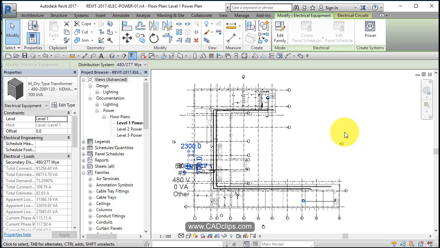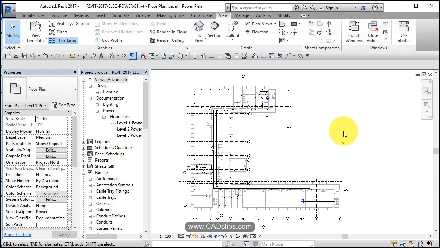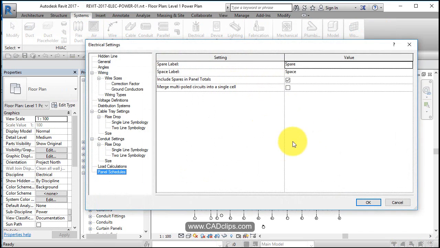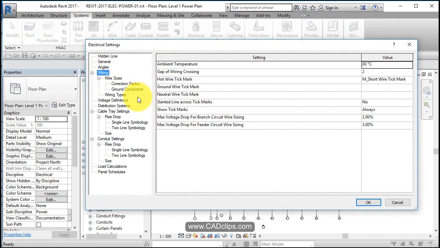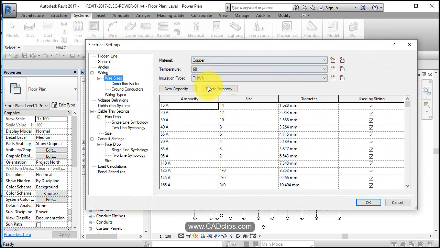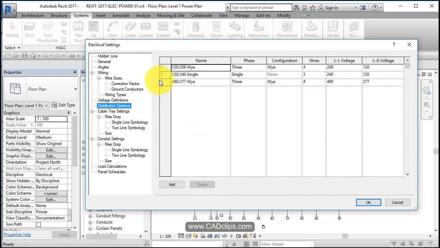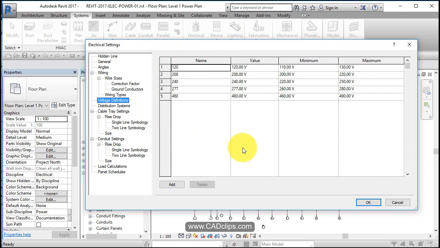Okay, here we are in our electrical power project set of videos here in Revit 2017. And as I've mentioned in all the other MEP and electrical videos, we should always have a look at our system. Under electrical, we're going to see some specific global settings for wires, wire sizes, conduction factors, distribution systems. This all has to be predetermined, voltage definitions inside of here,